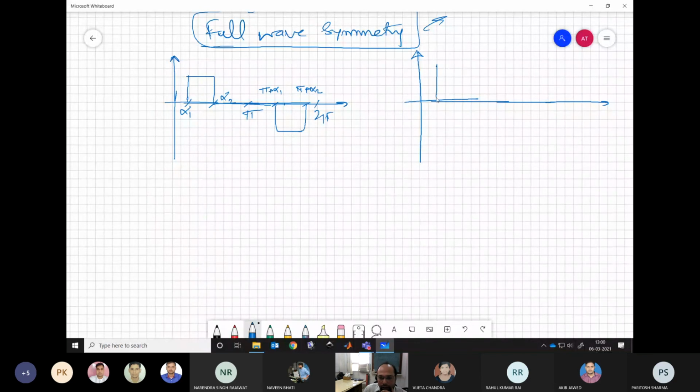Whereas in this second waveform, we have α1, α2, and then we have different angles, let us say β1 and β2. So please mind that in all these waveforms, we have the same DC bus. So the DC bus is not changing. This DC level is the same. I am only changing the angles in the waveform.